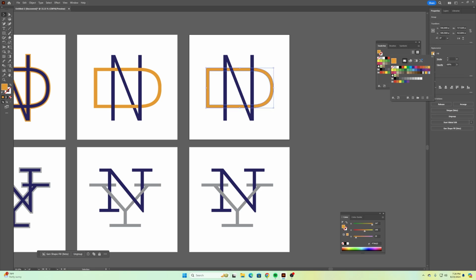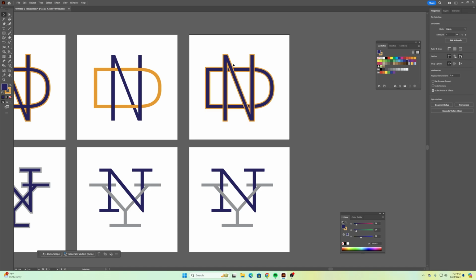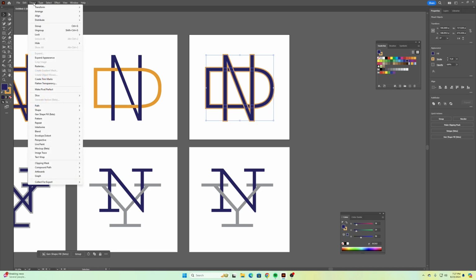If we select our letter D and we go to the fill and we match that in there, now I'm going to select both of these and I'm going to go to select the stroke and go with that orange. And let's make sure we have this going on the outside of the letters. And we'll go something like that, where I have just a little bit of space there in between and they're not overlapping. Okay, now I can select these and then go up here to Object